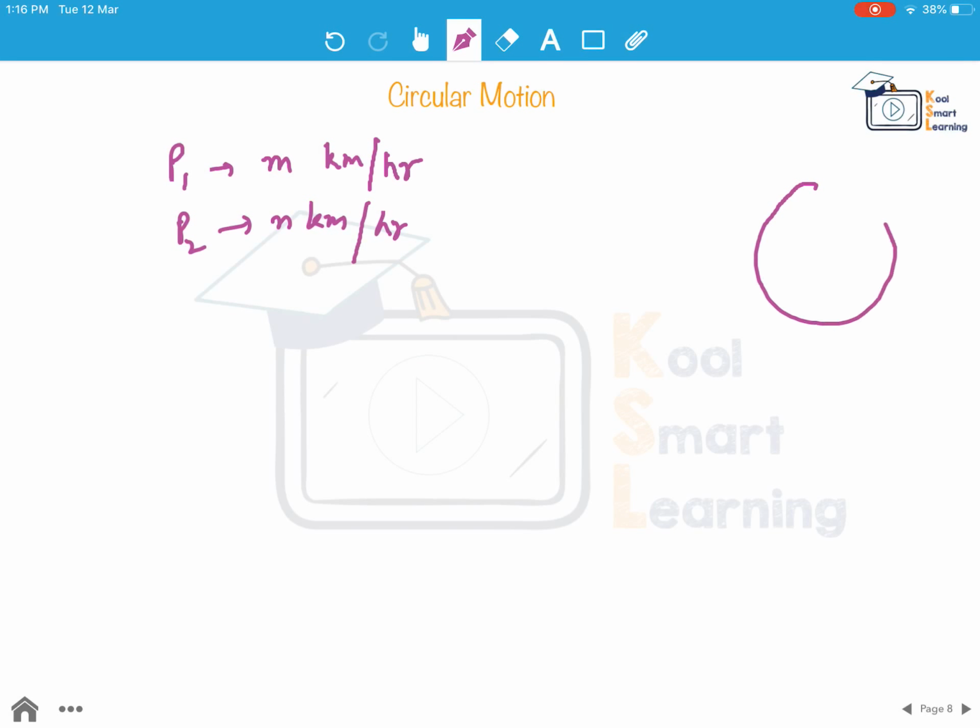We have this circular path. Both of them start from this point A. They could either move in the same direction or in the opposite directions. So they're starting from the same point at the same time. Directions may be same or opposite, and they're moving with these 2 speeds, m km per hour and n km per hour. Then the first time when they meet,